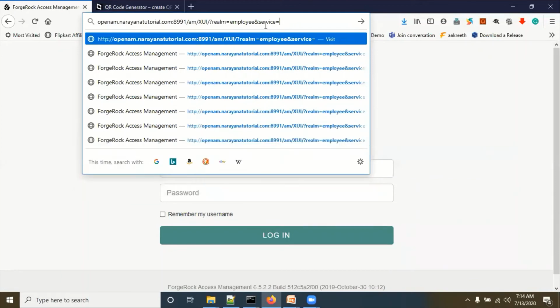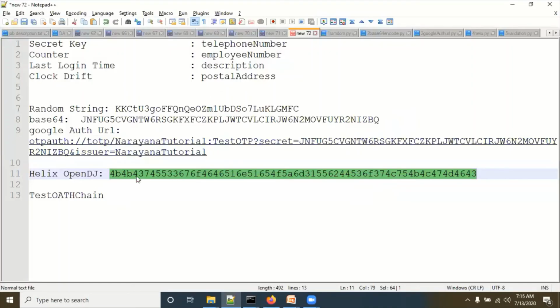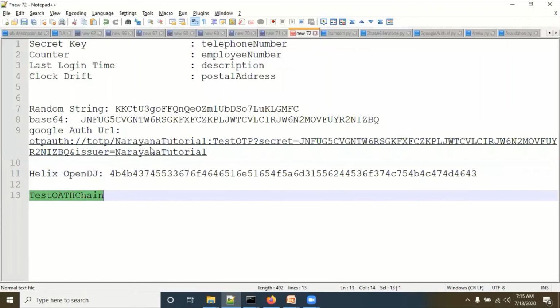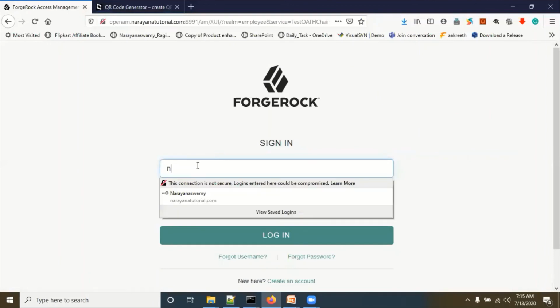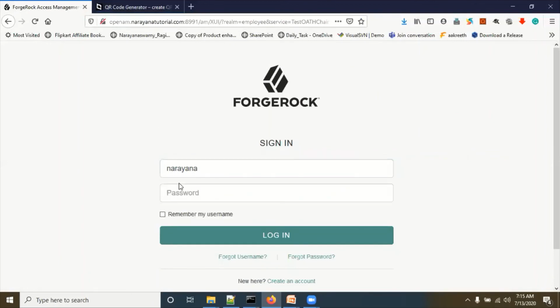The chain name we have to give here is test OAuth chain. Enter. Now enter the username Narayana and password. After entering, click on the login button.